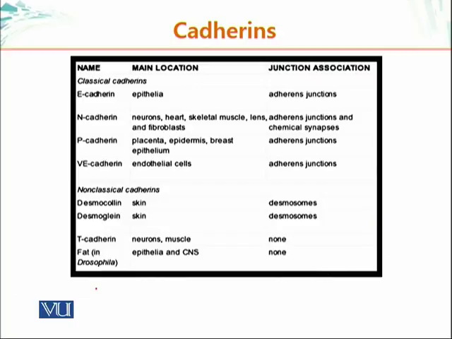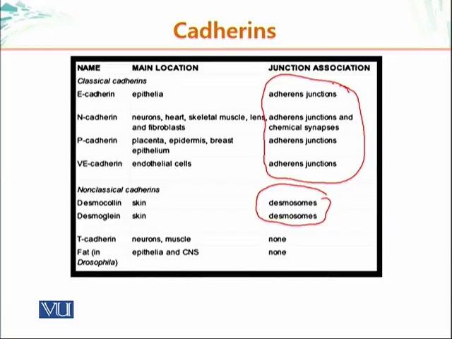So adherent junctions in cells of these different tissues have their own specific type of cadherin. The non-classical cadherins that we have talked about, desmogleins and desmocollins, are found in the skin, and the junction they're associated with is the desmosome rather than the adherent junctions of the previous categories of cadherins. There's also T-cadherin, in neuron and muscle. They do not form a specific type of junction, but it's thought that they also serve a role in signaling and perhaps somewhat in cell adhesion also.